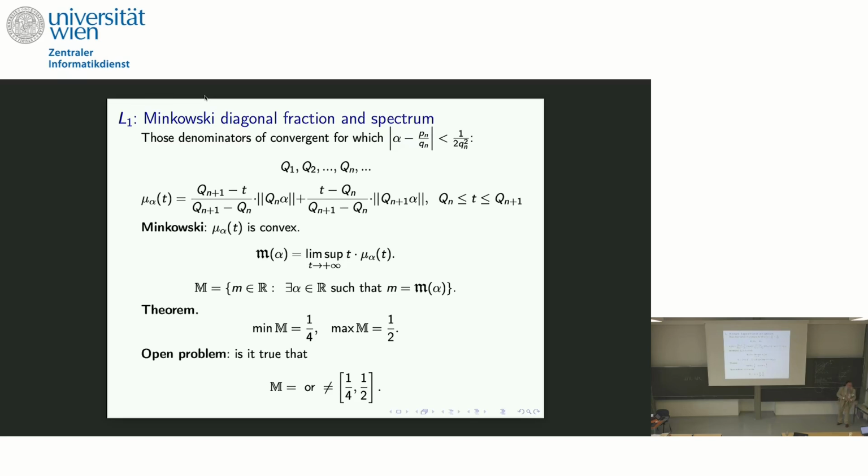This is the Minkowski algorithm. As was said in the last lectures, these extremal points will be convergents, but not all convergents. Minkowski proved a beautiful theorem that the convergents for this fraction are just those convergents for which